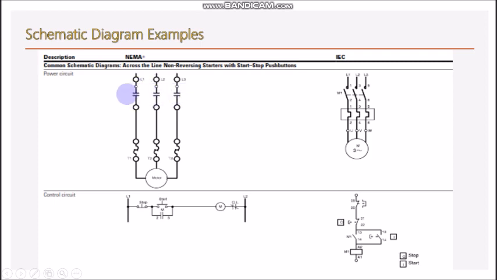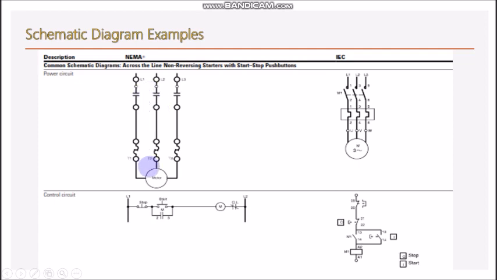of contactors. Okay, and this thermal overload relay, this symbol for thermal overload relay by NEMA, as we can see here by IEC, and the contacts of contactors for the 3-phase motor here by IEC. So that's a power circuit, very simple. Power supply coming in the panel through a contactor, through overload relay, after that connected to the motor,